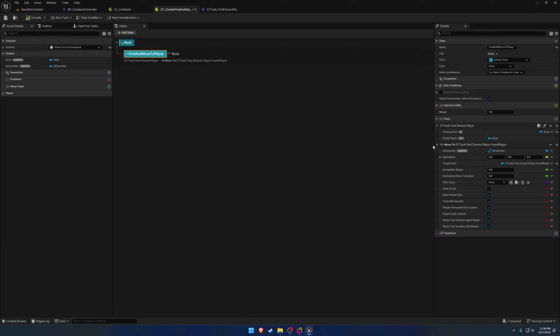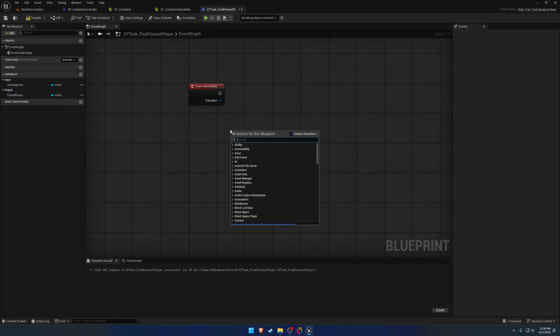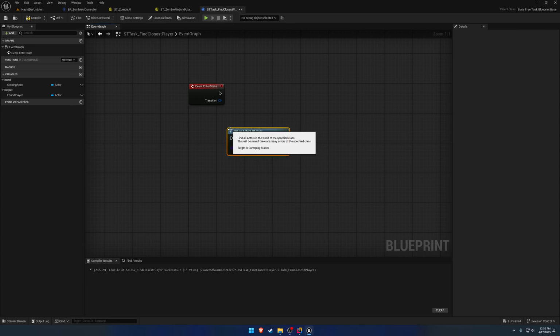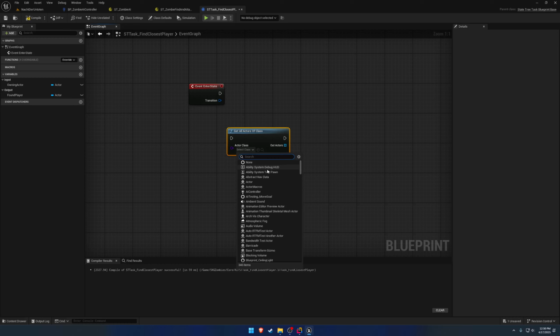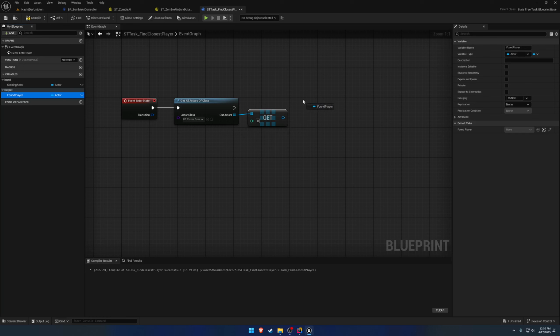And this order of operations does matter. So we want the closest player, so find closest player to run first. Then we want to move to that closest player, and so on and so forth. So what we're going to do in this is simply, for now anyways, get all actors of class, and we're just going to grab the very first player pawn. So let's run a get, and we're just going to get index 0